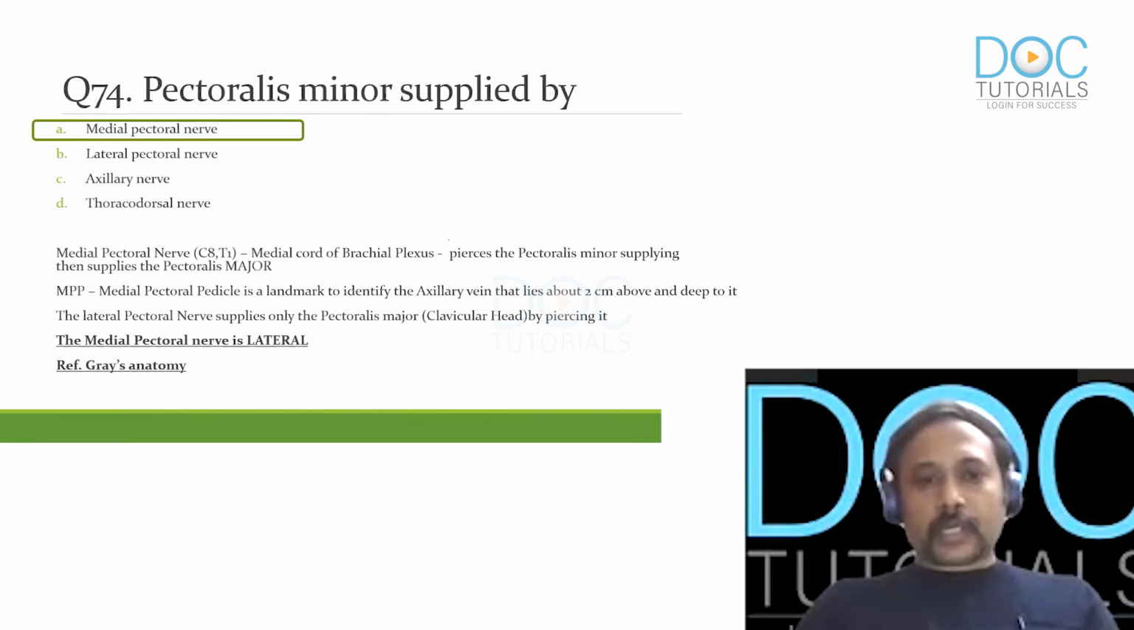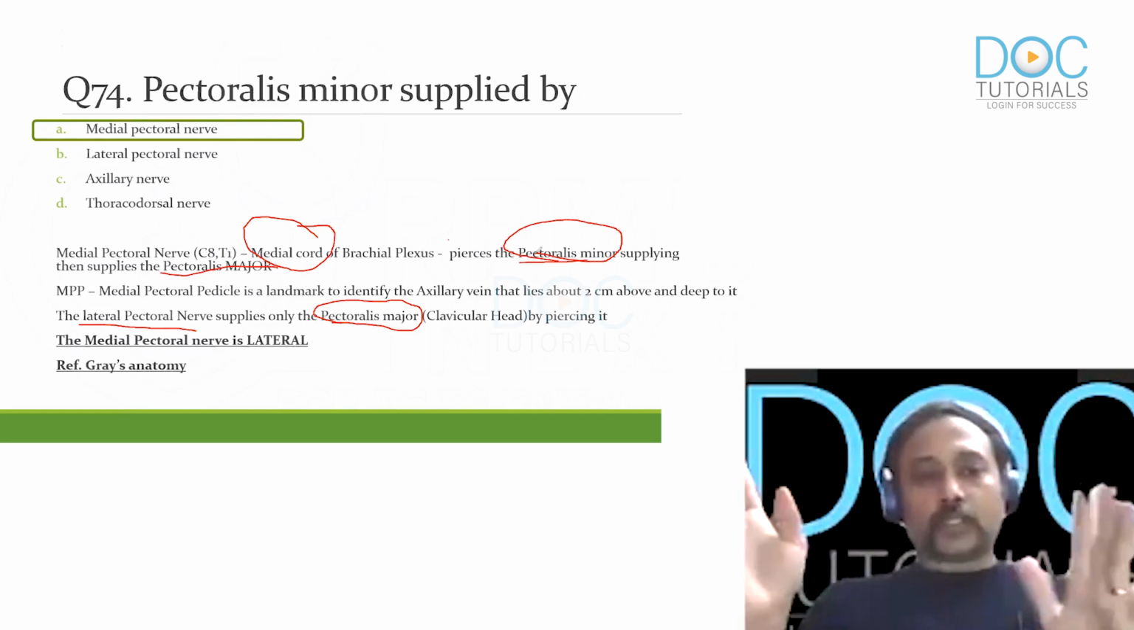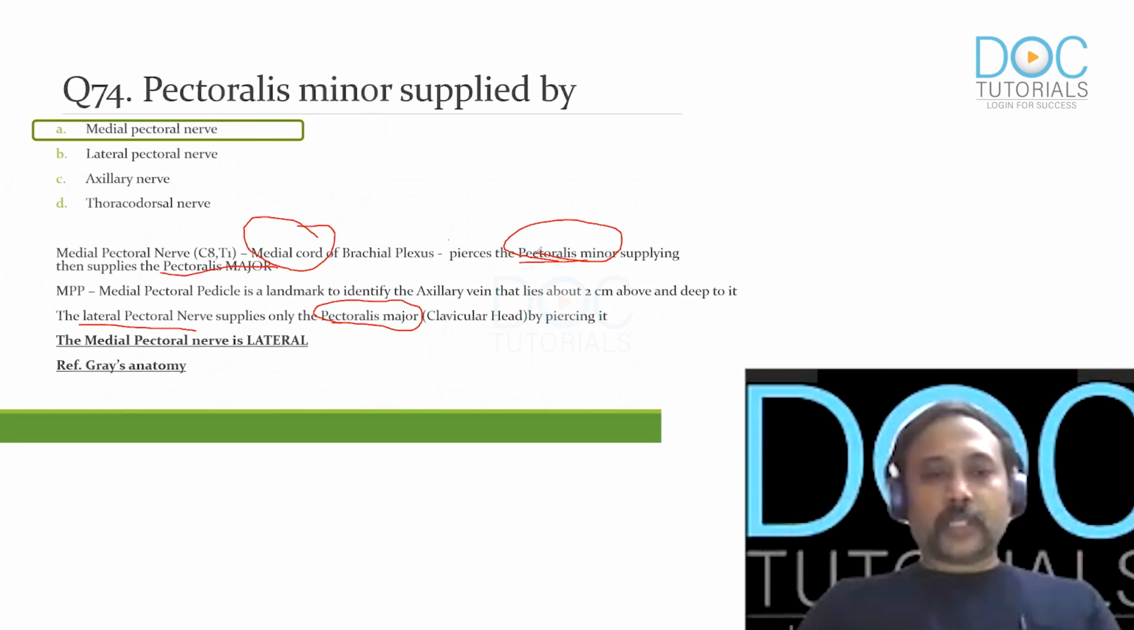Okay. So the answer to this question is the medial pectoral nerve. The medial pectoral nerve arises from the medial cord of the brachial plexus. The name comes because it is the medial cord of the brachial plexus. It pierces both the pectoralis minor and the pectoralis major, and it supplies both these muscles. On the other hand, the lateral pectoral nerve supplies only the pectoralis major. So the pectoralis major is supplied by the medial and the lateral pectoral nerve, while the pectoralis minor is supplied only by the medial pectoral nerve and not by the lateral pectoral